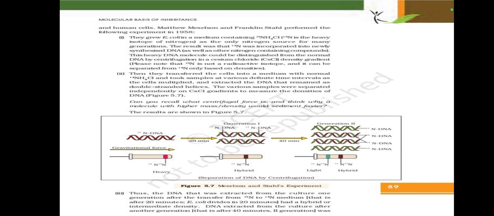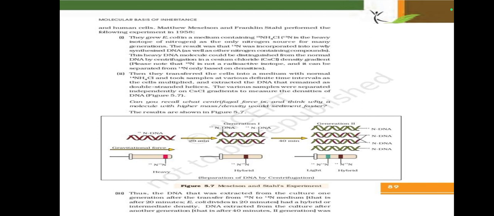They grew Escherichia coli in a medium containing NH4Cl, in which N15 is a heavy isotope of nitrogen, as the only nitrogen source for many generations. The result was that the N15 was incorporated into newly synthesized DNA as well as other nitrogen-containing compounds. This heavy DNA molecule could be distinguished from the normal DNA by centrifugation